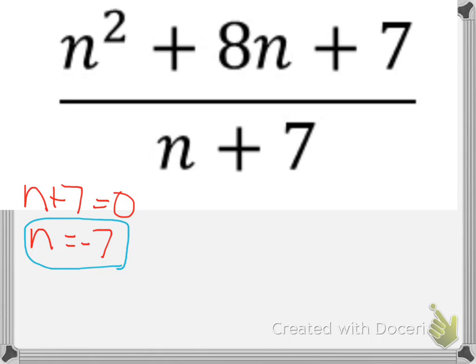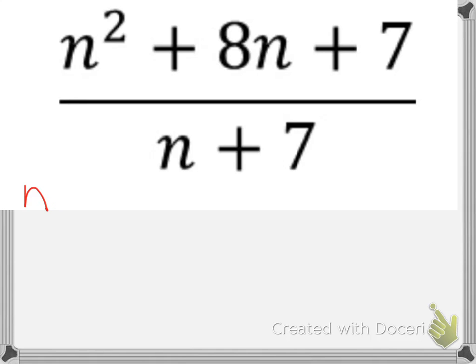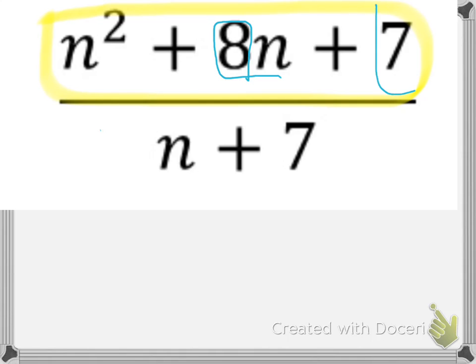So I cannot put a -7 in here in the bottom where n is, because that'll make the expression not work. Now, having done that, let's talk about how we simplify this expression. The top, if you'll look here at the top, you got n squared plus 8n plus 7 all over n plus 7, and on the top, that is the part that I can factor. So what I'm going to do on that part where I can factor is I'm going to look at this middle term. All right, so my factors have to add up to 8,